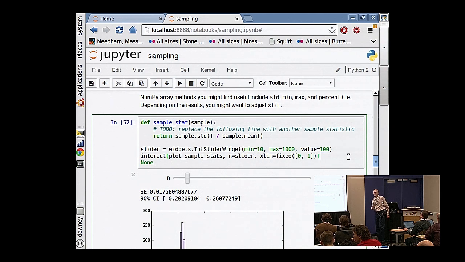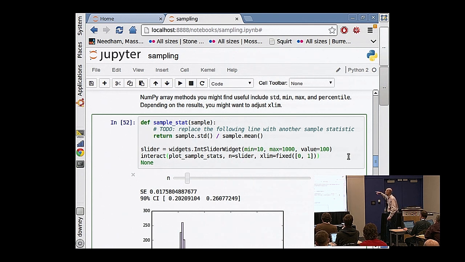Okay, I want to show you one version of this that you could do. So I wanted to look at the sampling distribution of the coefficient of variation. So coefficient of variation is a way of measuring the variability in a population in a standardized way. So if I tell you that the standard deviation of adult human weight is 15 kilograms, obviously there's a unit attached to that. If I divide through by the mean, I'm dividing kilograms by kilograms, and I get a dimensionless number that's called the coefficient of variation. Again, the nice thing about these standardized statistics is that they're comparable across different studies.